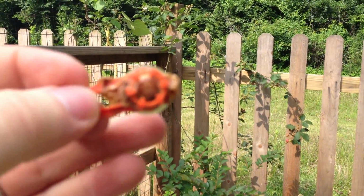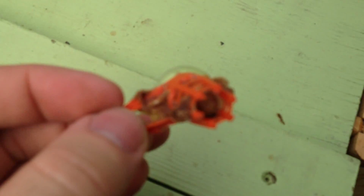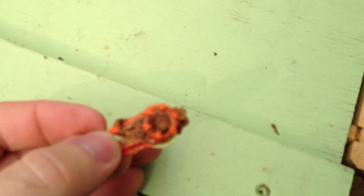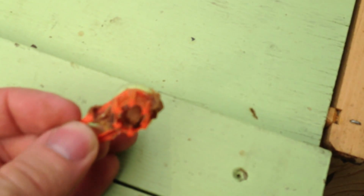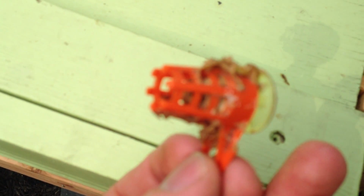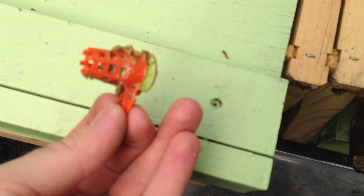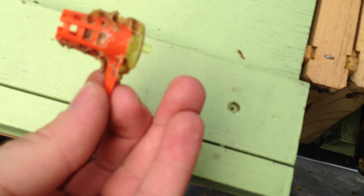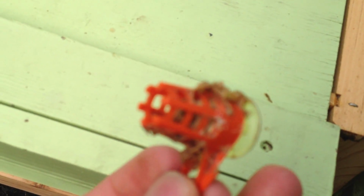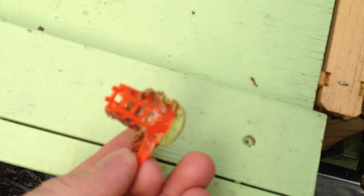I don't know if I can get the camera to focus on it. Maybe if I put it down here, I'll get the camera to focus a little bit. But I noticed on this one, you can see the cap is still in there a little bit, and I could see movement. That queen is actually in there right now, working on trying to find her way out. She's chewing her way out as we speak. You can't see her very well because of the cell protector, but what I'm actually going to do is